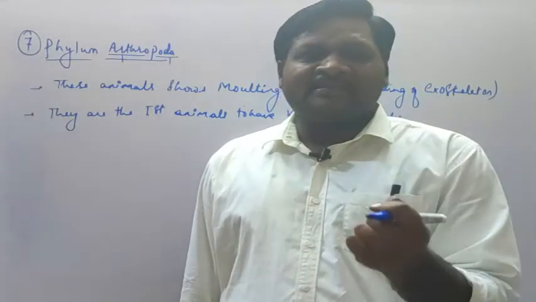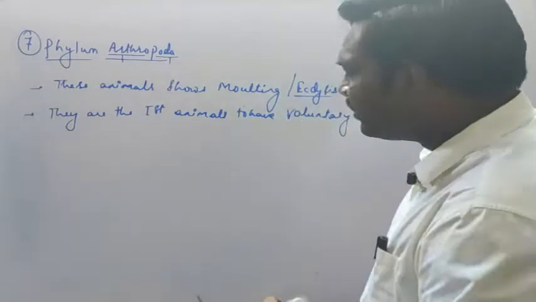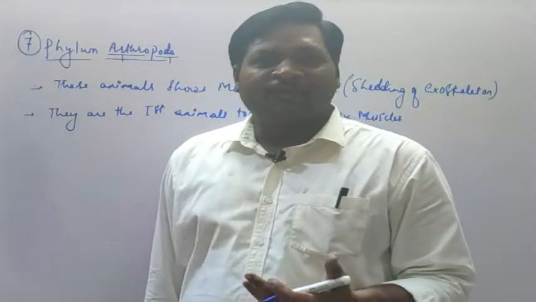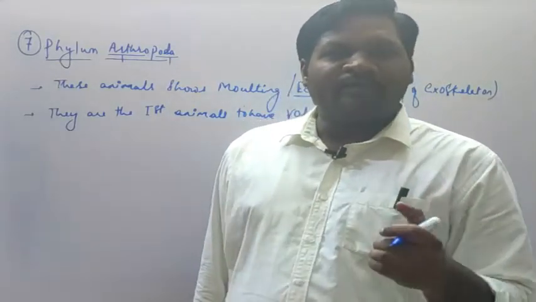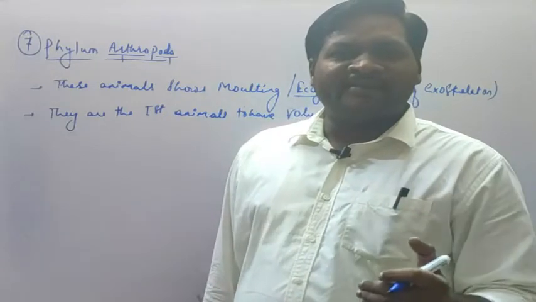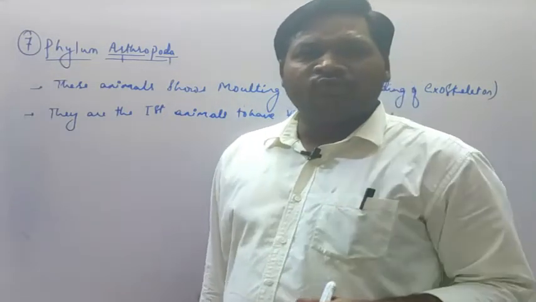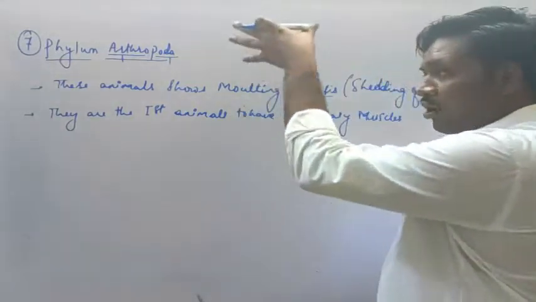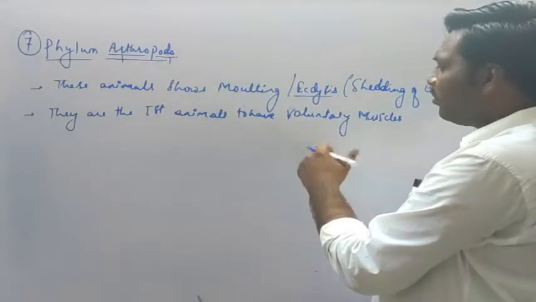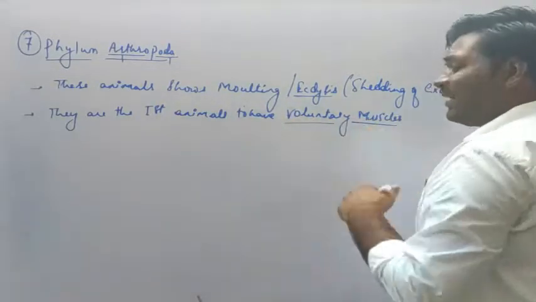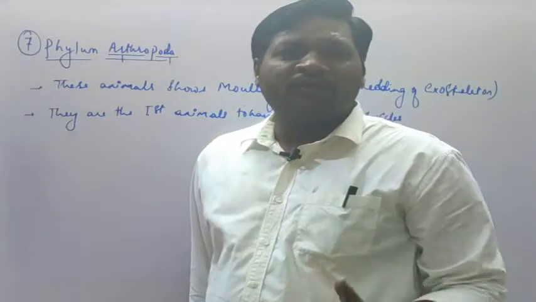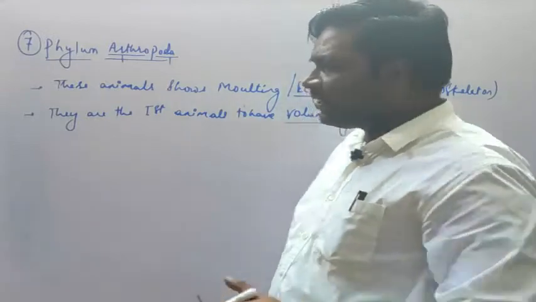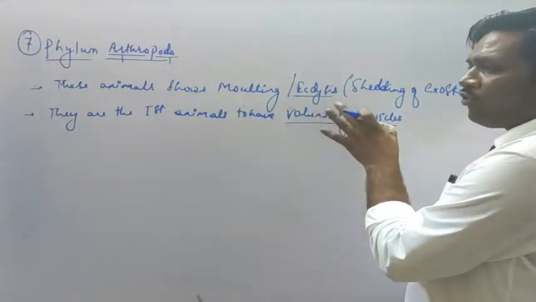With the help of the muscles present in this. These are called skeletal muscles. But in arthropods also we can see such similar muscles. When they move from one place to another, their jointed appendages which consist of muscles will also move. So these animals are the first among all the phyla in invertebrates to have voluntary muscles. In other organisms like roundworms or flatworms, we have seen they consist of longitudinal or circular muscle, but here they are in the form of voluntary muscles.